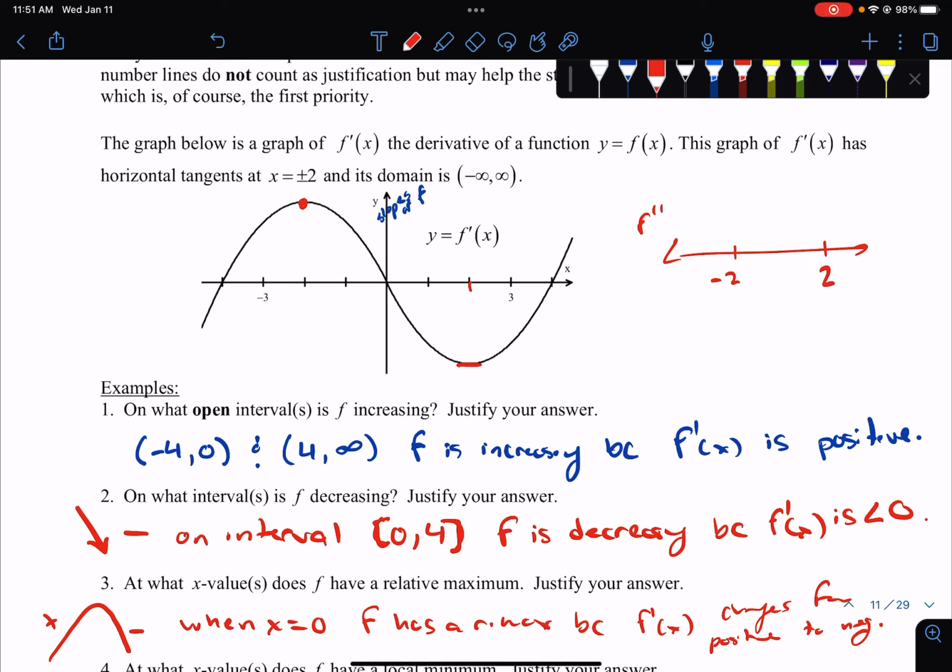So if I look at what's happening in between those values and before and after those values, well, before -2, my f prime is increasing, which means I'm going to have a positive f double prime, which means I'm concave up. At 0, f prime is decreasing, which means I'm going to have a negative slope, which means I'm concave down. And at 4, f prime is increasing, right? Over here, f prime's going up. So that's positive slopes, which means positive values for f double prime, which means concave up,